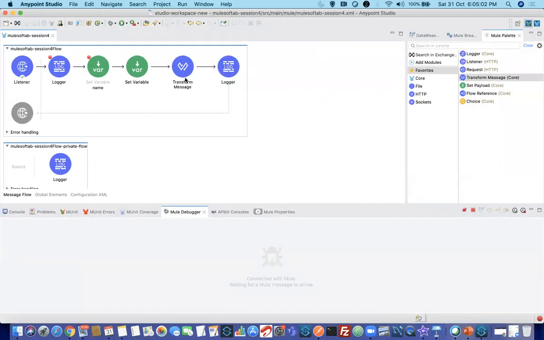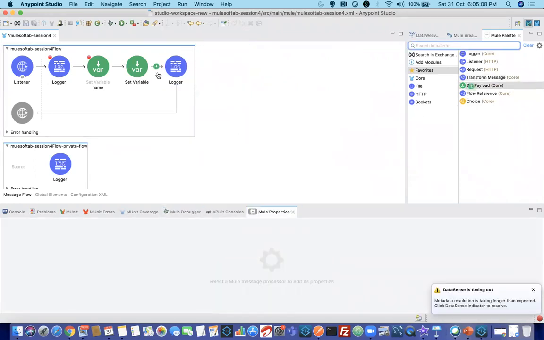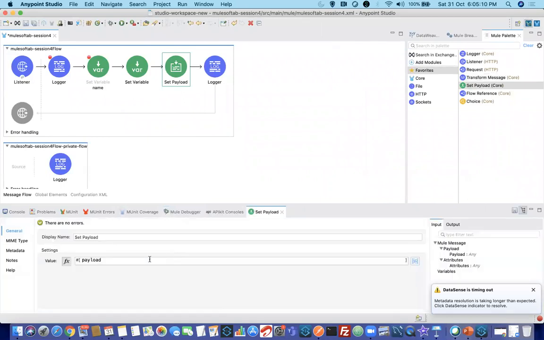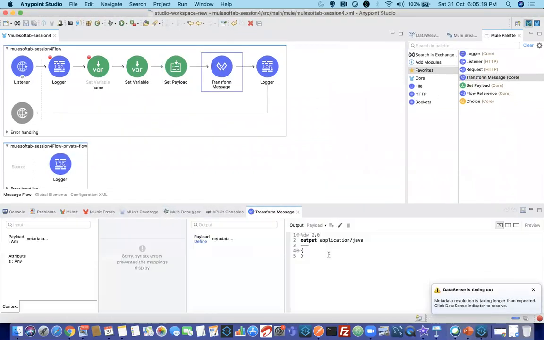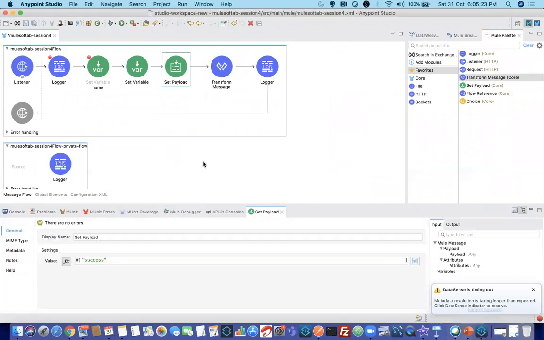So what is the difference between a set payload and transform message? You guys might say, Shravan, when we drag and drop set payload it shows payload, but in transform message you can see output application Java, and we are not seeing that in set payload. No, guys, don't be in that perception.